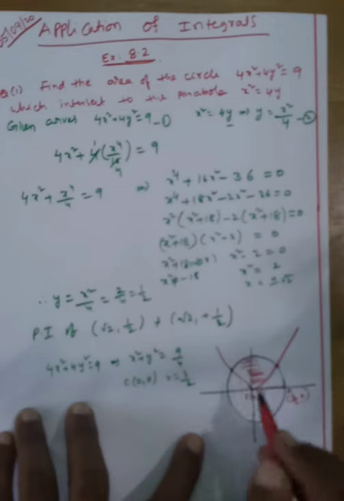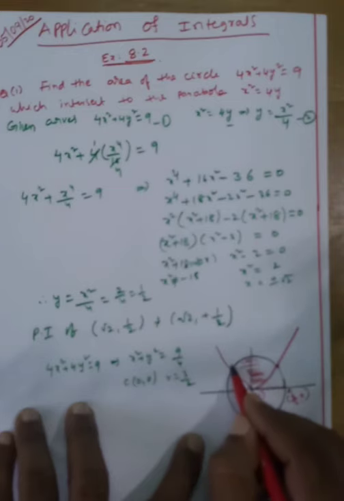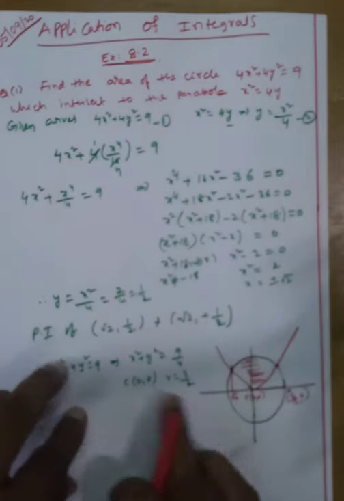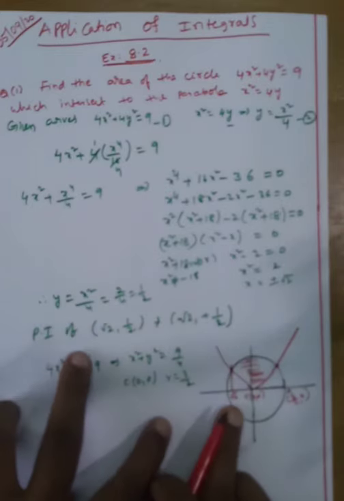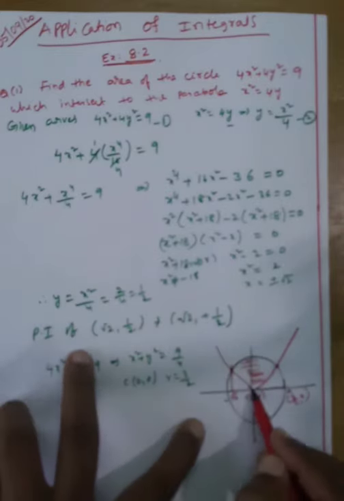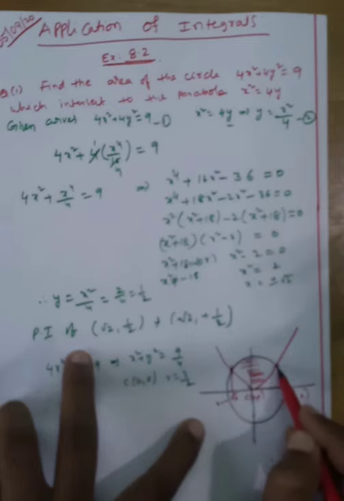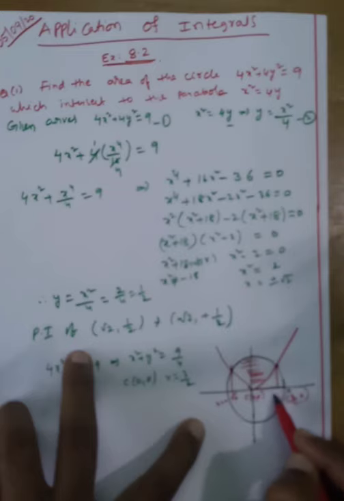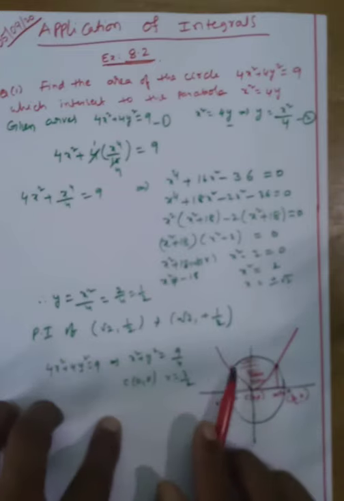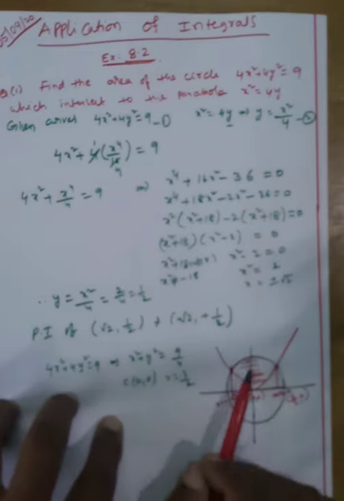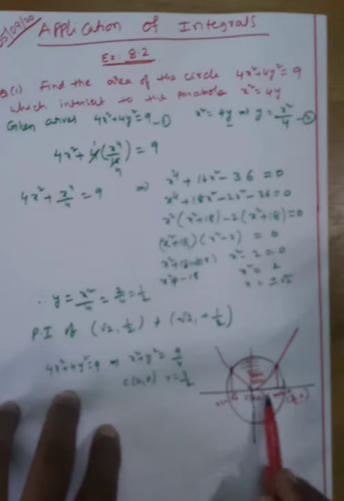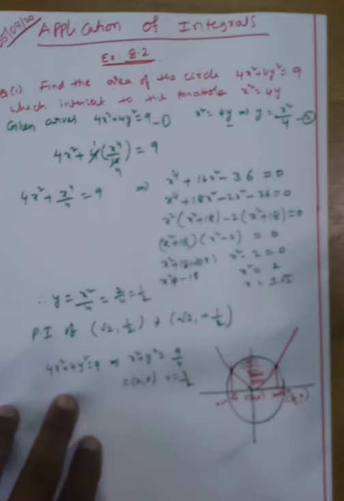Okay, from here this is called root 2. Here this is x is equal to root 2. Why? Here the point of intersection is x is equal to minus root 2, sorry, this one. On the left side, the distance is minus root 2, which means x is equal to minus root 2. Here, 100%, you observe that this is x is equal to root 2. Now area means, in between, upper minus lower, from minus root 2 to root 2.